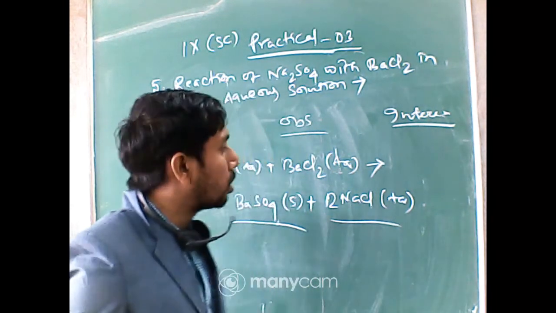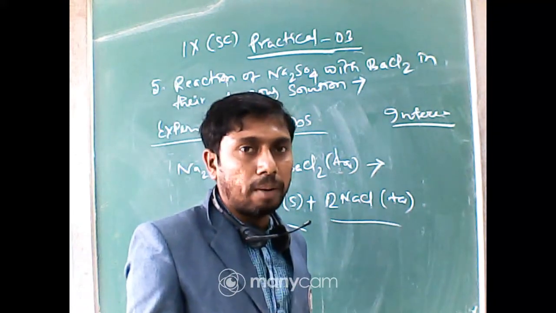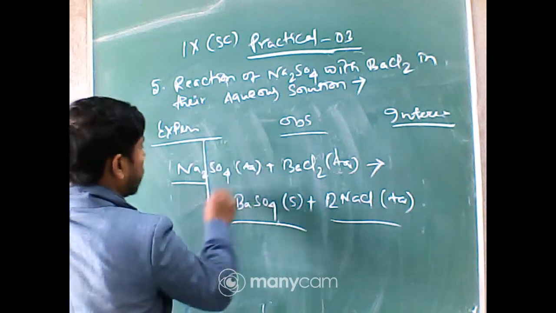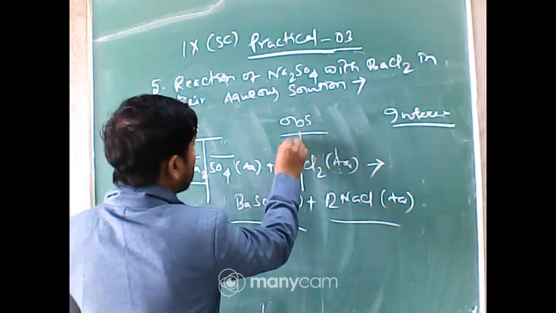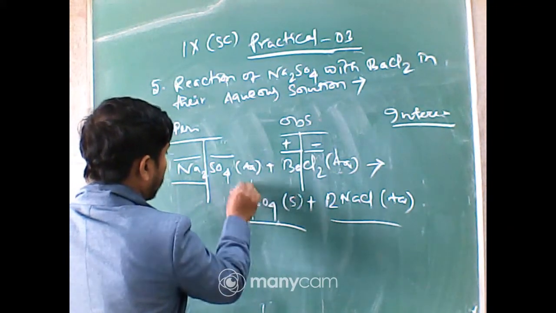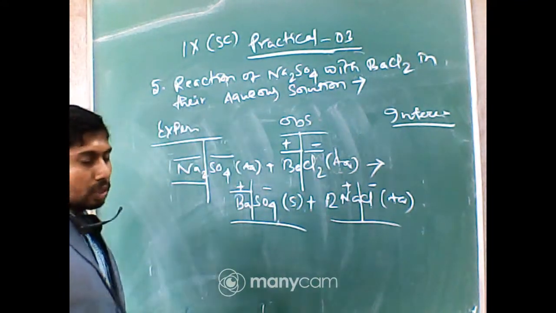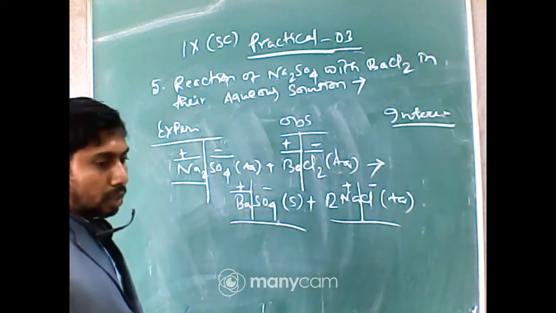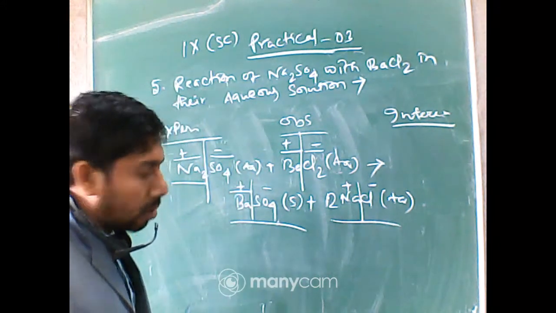No confusion on this. This kind of reaction is called a double displacement reaction. Now look at this. Sodium, just break the parts. This is the cationic part, this is the anionic part. This is positive, this is negative. That is cation and anion. Here it is positive, negative, positive, negative. Any confusion in that breakage? The cation is written first.